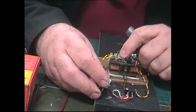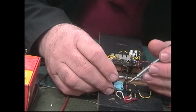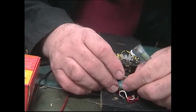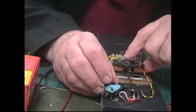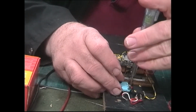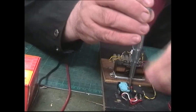You bring it over to the side that you want this micro switch to activate, and you put it in and depress the switch. So the switch depressed, but you make sure that it's depressing that one, so when it's the other way it's going to depress this one. And I'd already pre-drilled these holes, by the way, just in case you're wondering, and you just put the screw in,